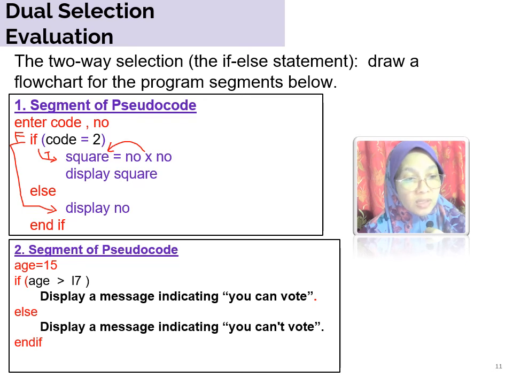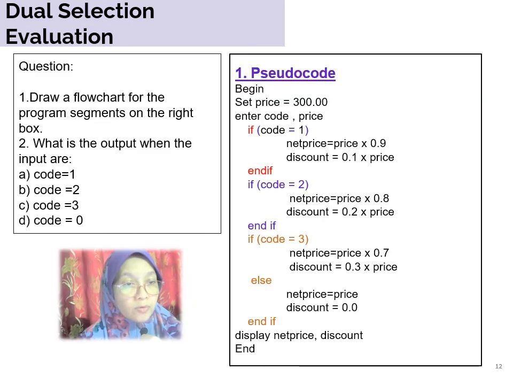You store 15 into age. You assign 15 into age, and then if, is it age? You can see if you use a variable before, it must have a number, right? The age contains a number which is 15. Is 15 more than 17? What you should do? Is it this one or else? Okay, you have to choose that. Okay, draw this flowchart,